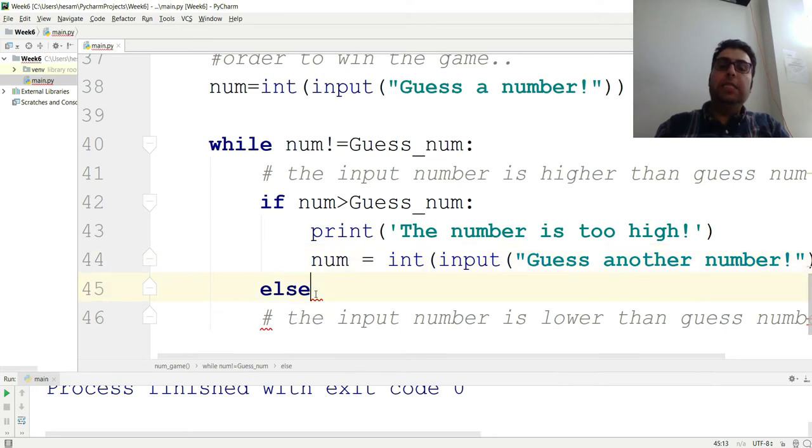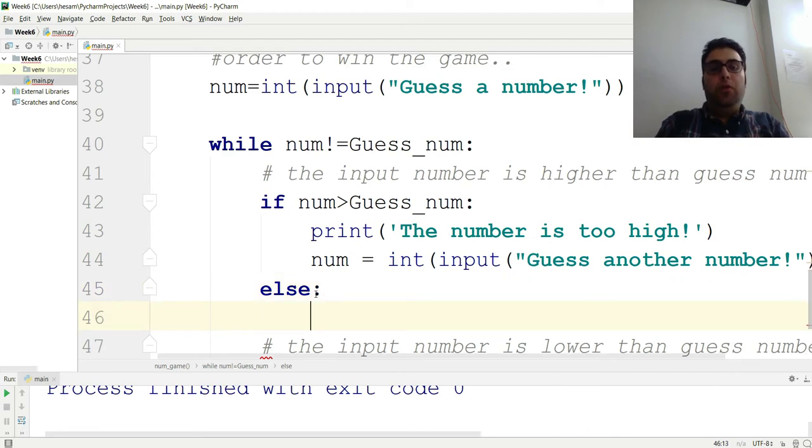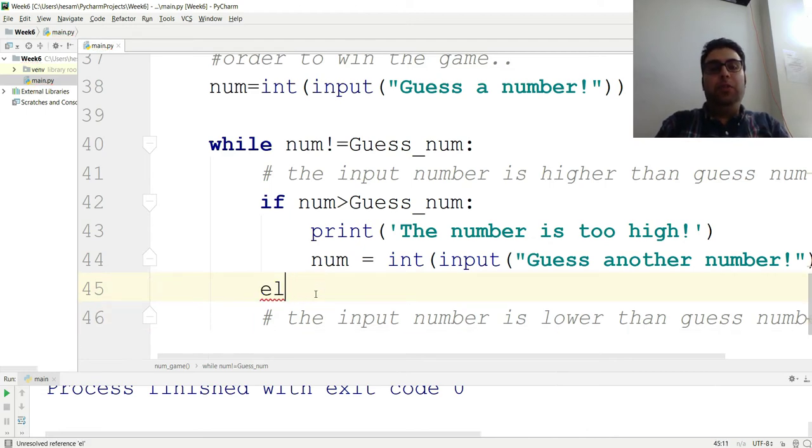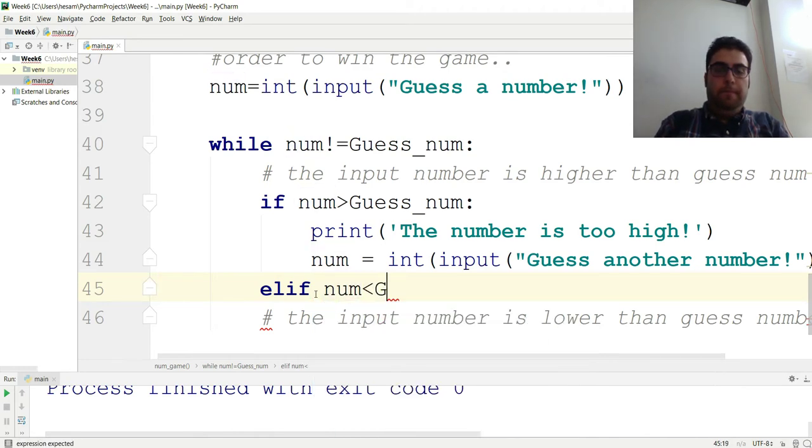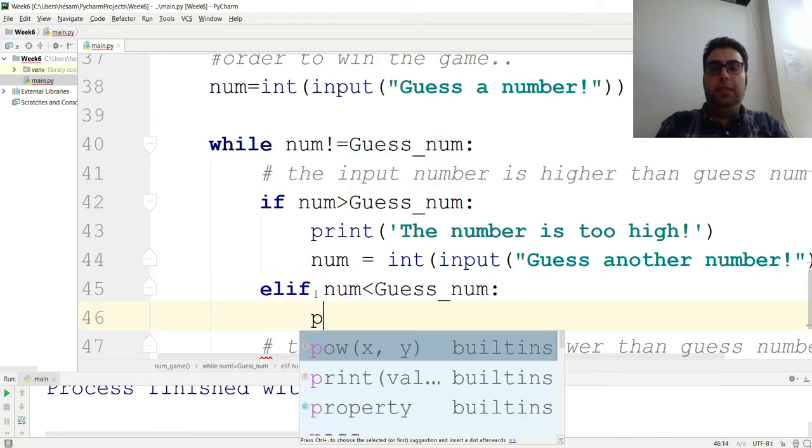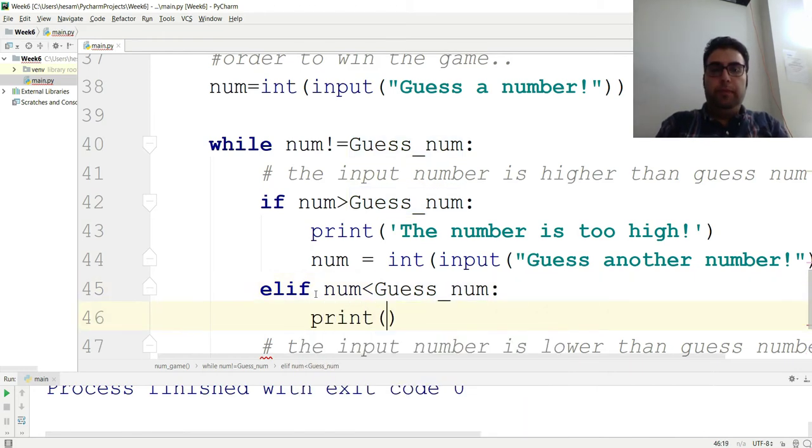Else means what? The number is less than guess number, right? Or let's say for clarity, just write it for you. In that case, we're going to print